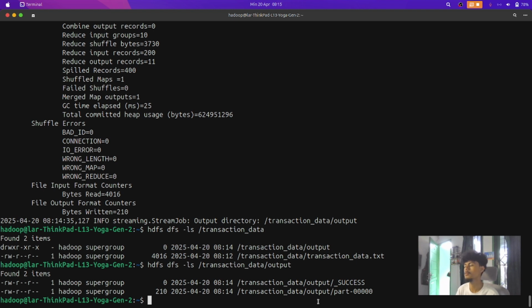We can check using cat output. The command is cat, and then the output, name of file part-00000.